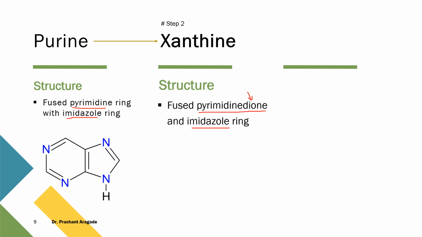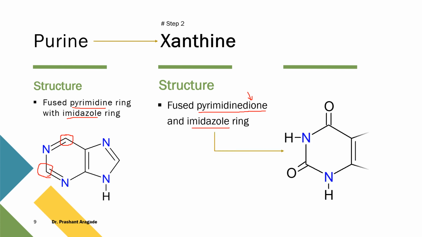If you observe the pyrimidine portion in the purine nucleus, you will see that there are only 2 positions remaining where you can add the double bond O. This is the first position and this is the other position on which you can add the double bond O. So very simple, you just add the double bond O, remove the unsaturation and supply a hydrogen atom to the nitrogen so that its 3 valency is completed.